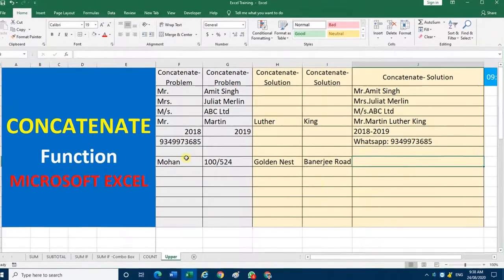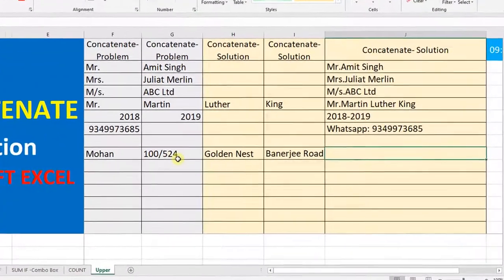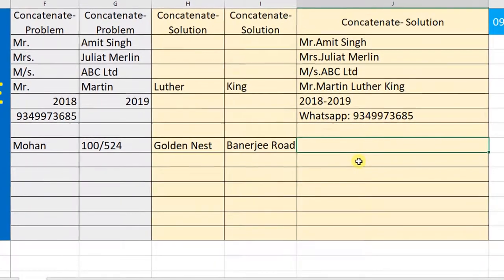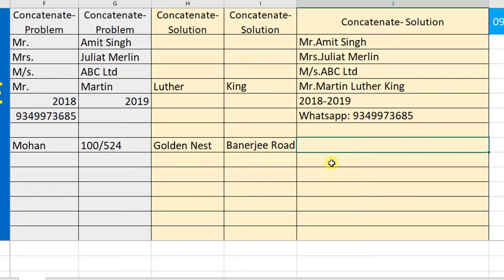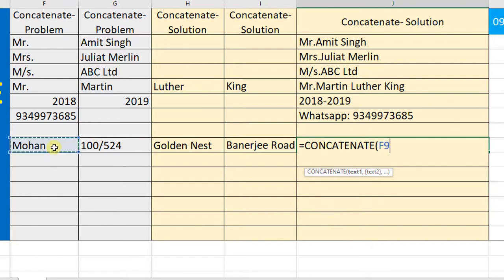Here one address is given: Mohan, 100 bar by 524, Golden Nest, Banerjee. We want these four columns joined together into a single line. Equal to CONCATENATE, Mohan.